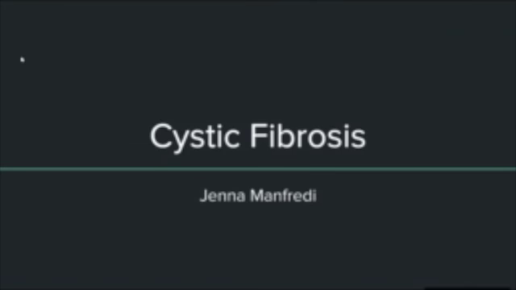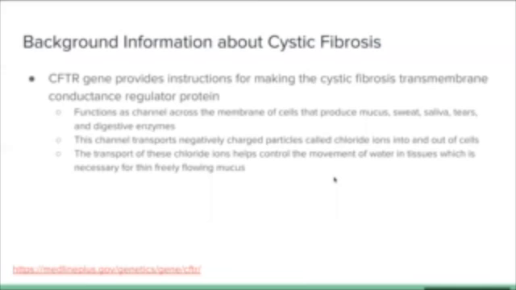For my presentation and topic, I decided to look into cystic fibrosis. So, the background to cystic fibrosis is that there's a CFTR gene which provides instructions for making a cystic fibrosis transmembrane conductance regulator protein. And this protein creates a channel across the membrane of cells that produce mucus, sweat, saliva, tears, and digestive enzymes. This channel transports negatively charged particles called chloride ions into and out of cells. The transport of these chloride ions helps control the movement of water in tissues, which is necessary for thin, freely